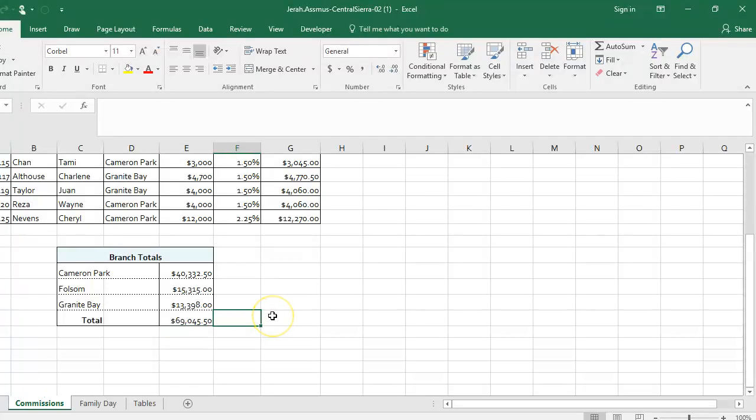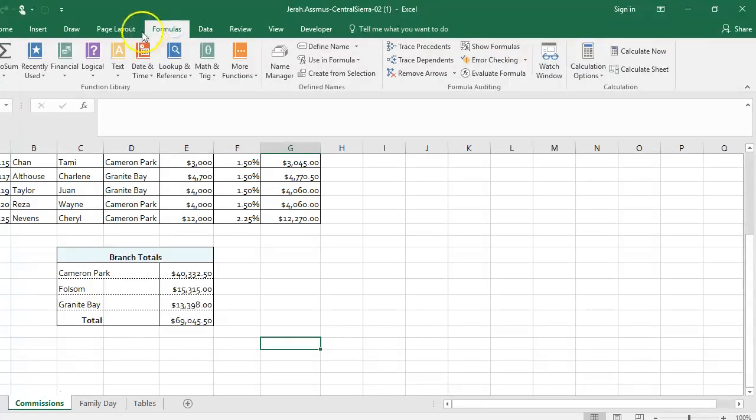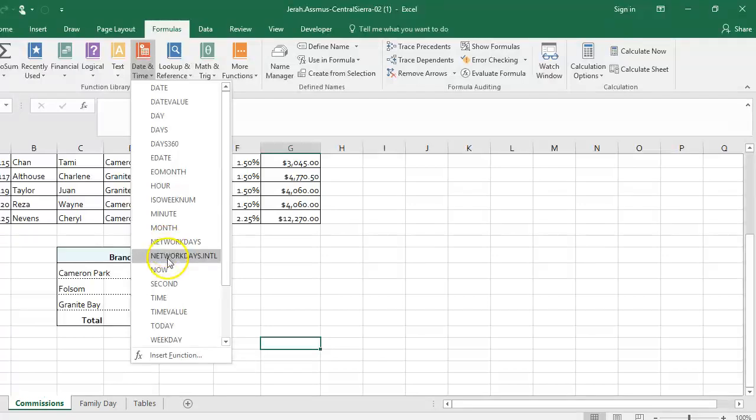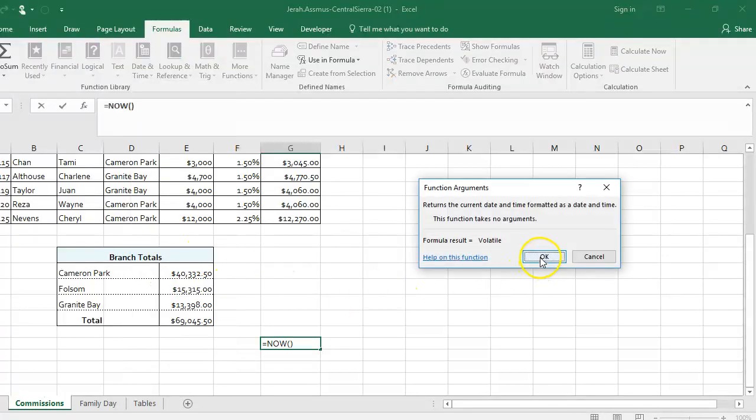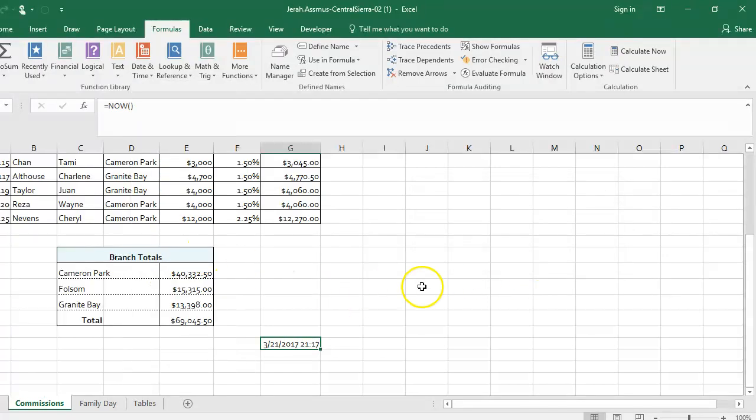Step number 10, create and format the current date. So we're going to select cell G23, and we're going to insert the now function. So I'm going to come into formulas, and we're going to use date and time. We've got our now, and we're just going to hit enter or hit OK, and it will put what time and date